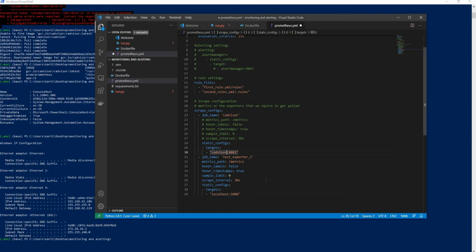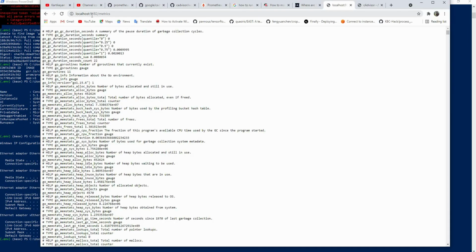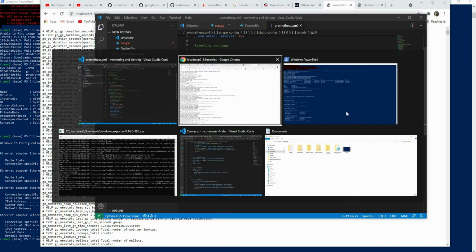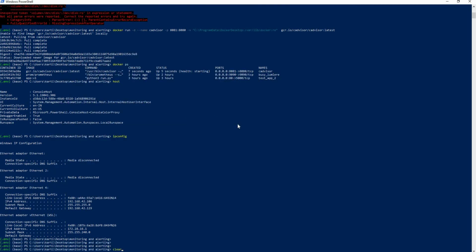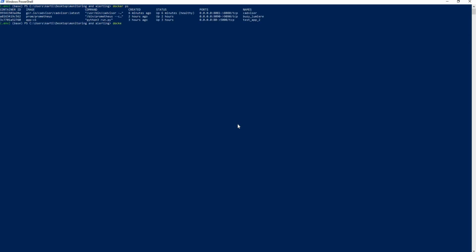I'll add this IP address here, and this IP address again here, but this is running on port 9182. Not sure, I'll confirm it. 9182, right? Save this file and go back to my terminal. Do a docker ps and docker restart, and that will update our YML file.